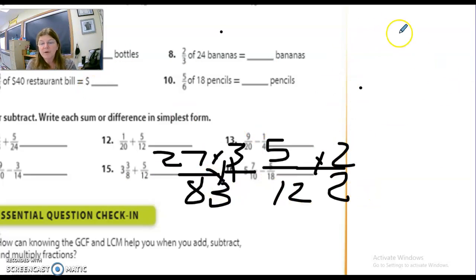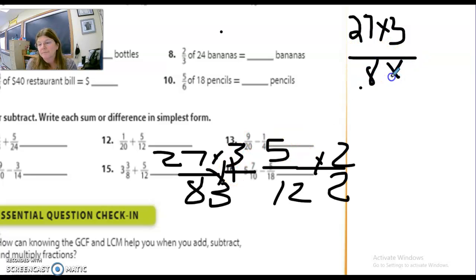Here we go. So we know we have 27. Hold on, I got to redo this. I'm sorry, you guys. I messed myself up. It is 27 times 3. I had to look, I couldn't read my own writing. 27 times 3 and 8